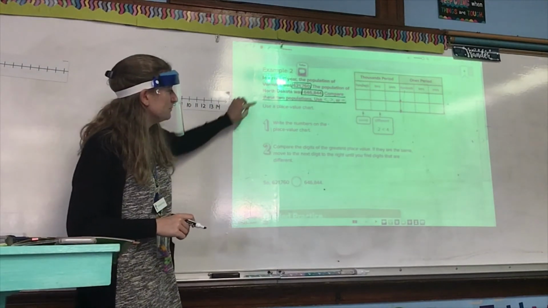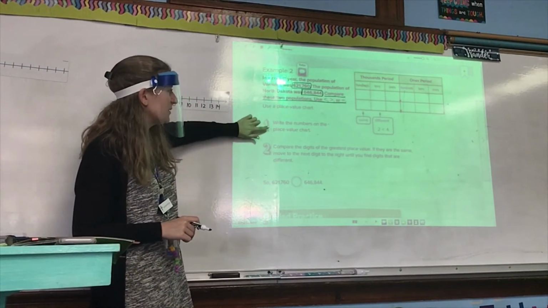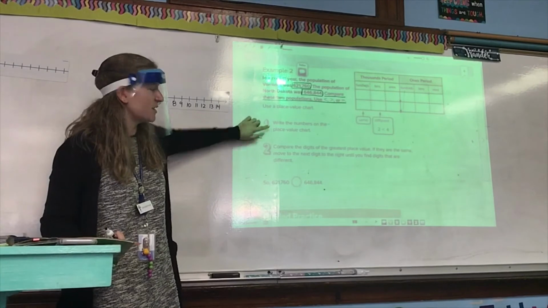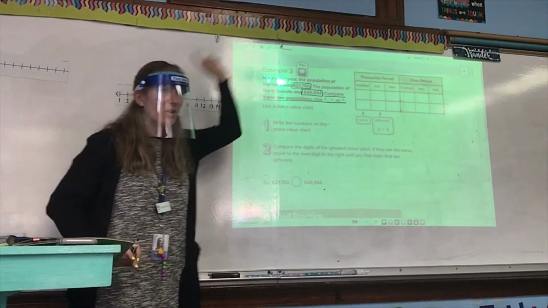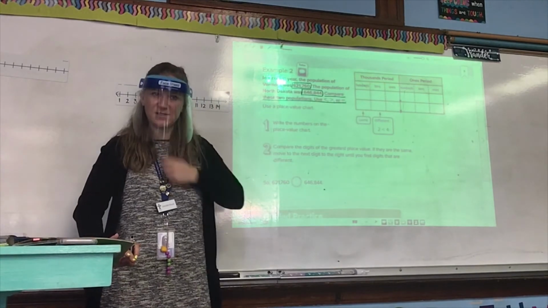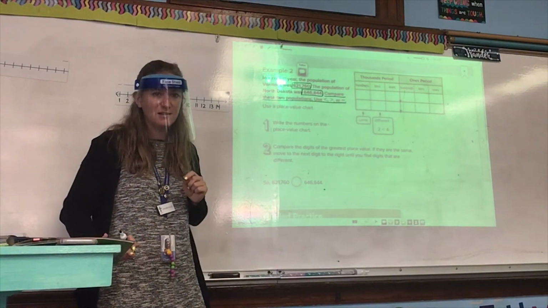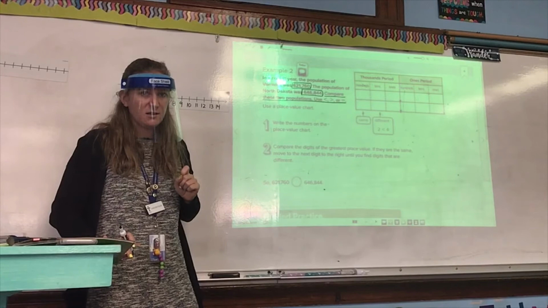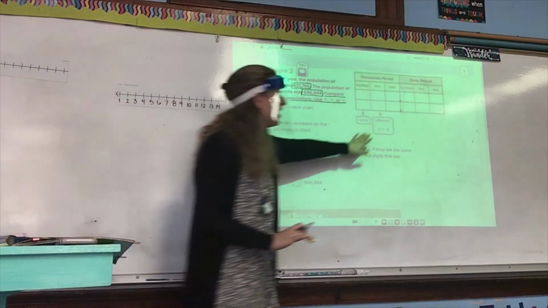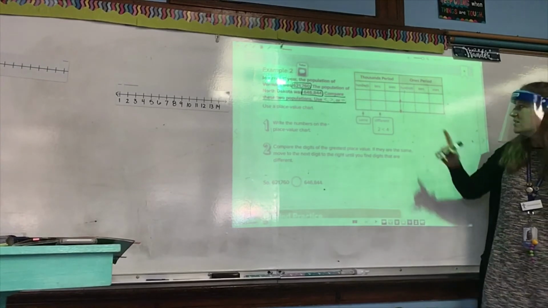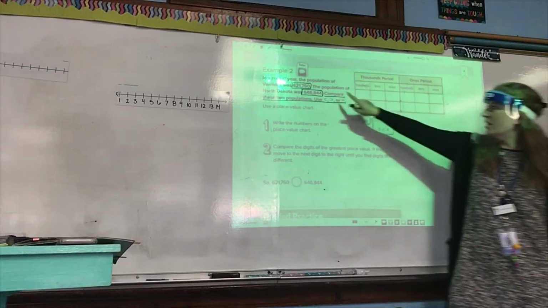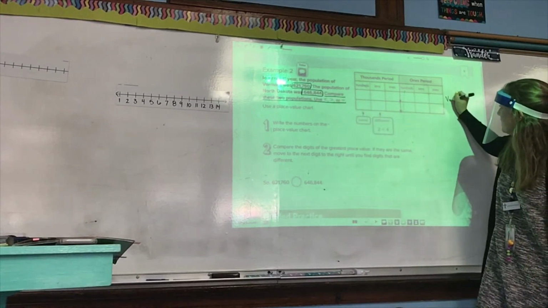So, let's see. Step 1 is to write the numbers on the place value chart. Do we start on the left or on the right when we write numbers in a place value chart? Carla? We write them on the right. We start on the right. That way we don't accidentally fill in boxes that we don't need. So Carla, I'm starting with Vermont. Let's go ahead and label it